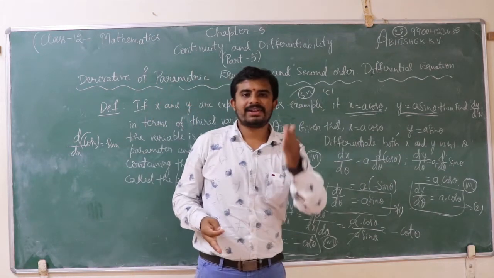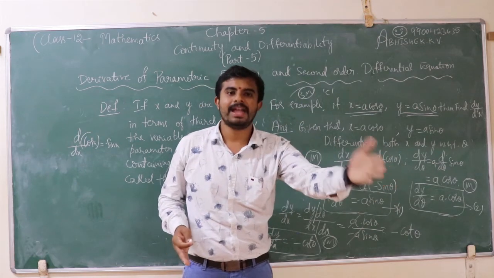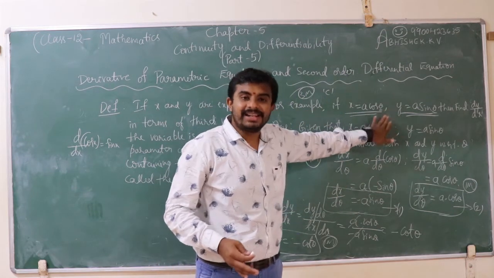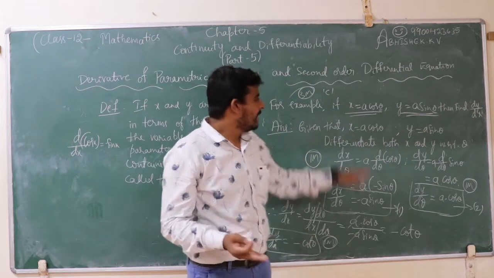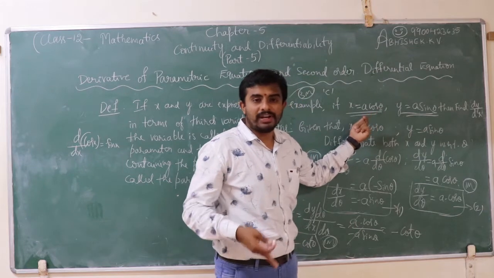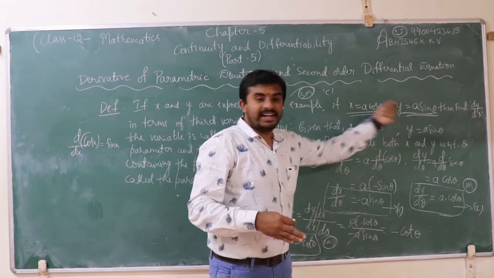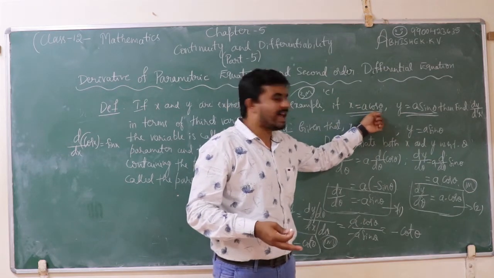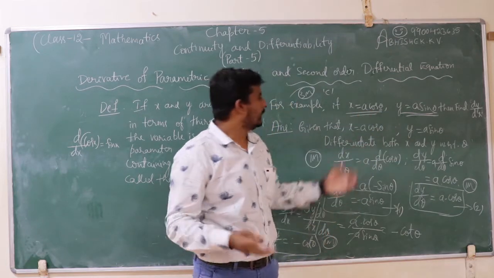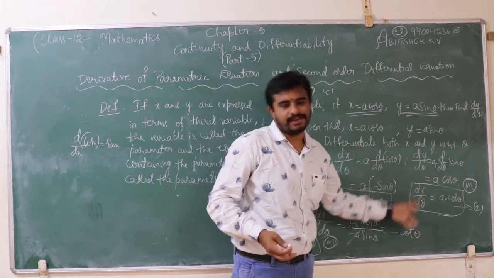See, what is a parametric equation? Given any two equations, say x and y, in terms of a third variable, that third variable is called the parameter, and the equation containing that parameter is nothing but the parametric equation. Here they have given x and y, and what we need to do is apply the derivative for x and y with respect to the given parameter. Here the third parameter is theta. So we need to differentiate this with respect to theta, then differentiate this with respect to theta. We are getting dx by d theta and dy by d theta.